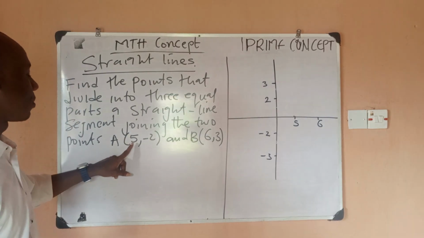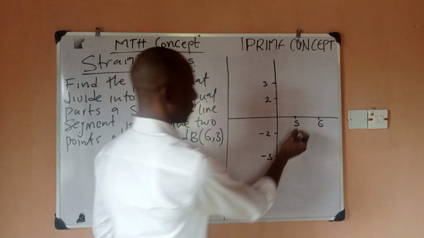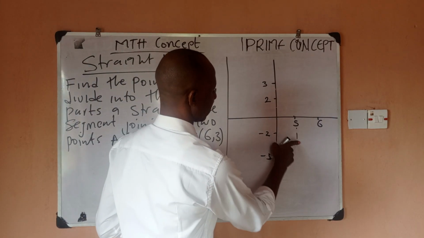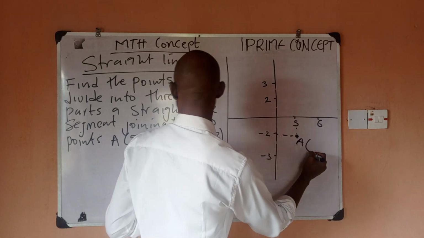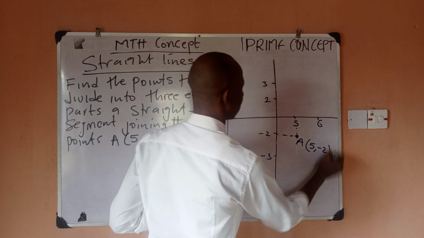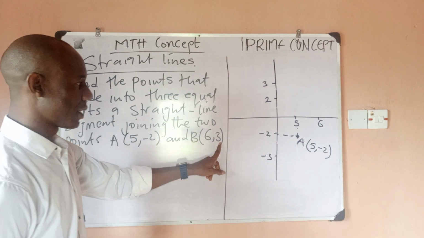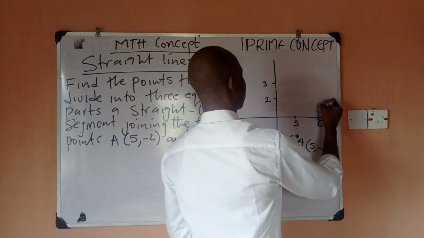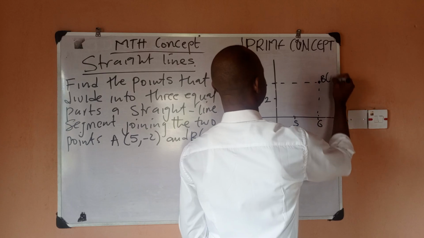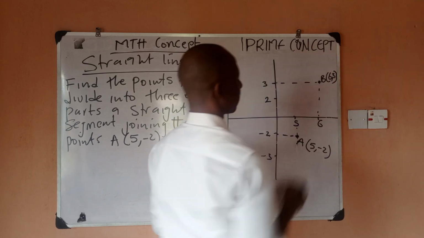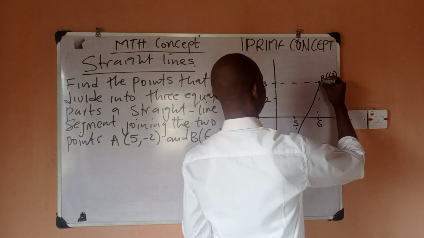So we have point x to be 5 against y as -2. So this is point A, which has values 5 and -2. Now let's sketch point B, which is 6 for x and then 3 for y. So we have this. So this is point B, 6 and 3. Right? So if I join this, because this is a straight line I'm dealing with,